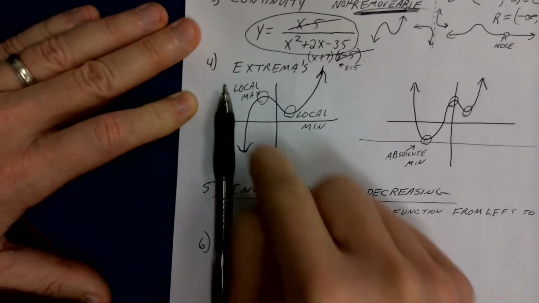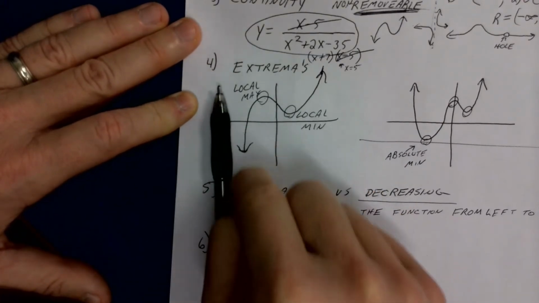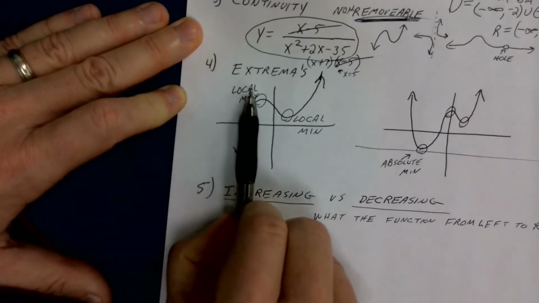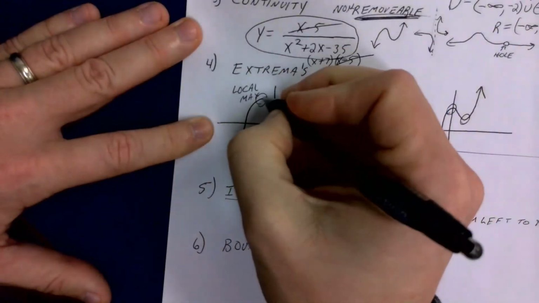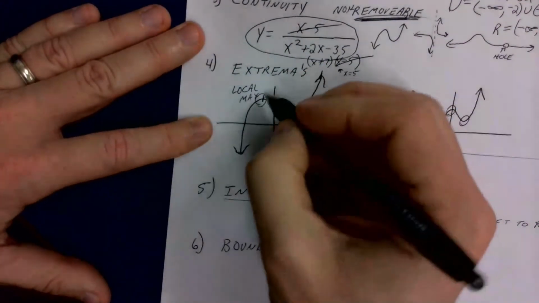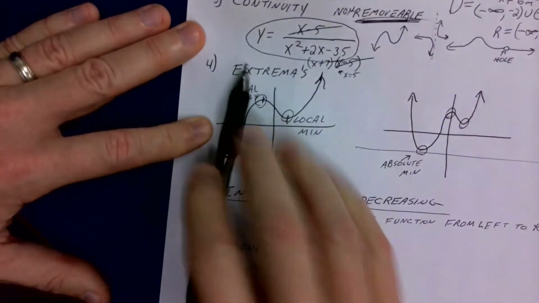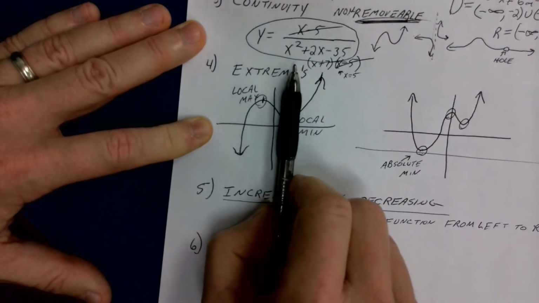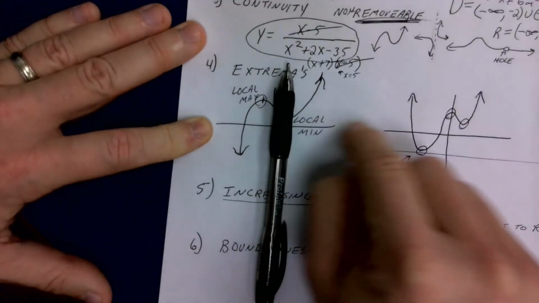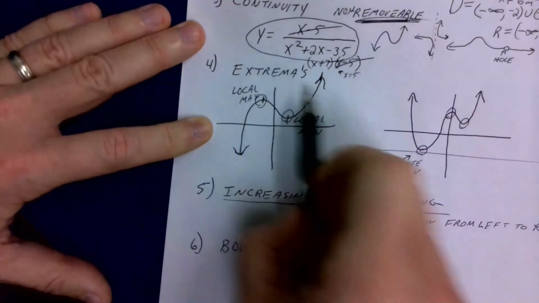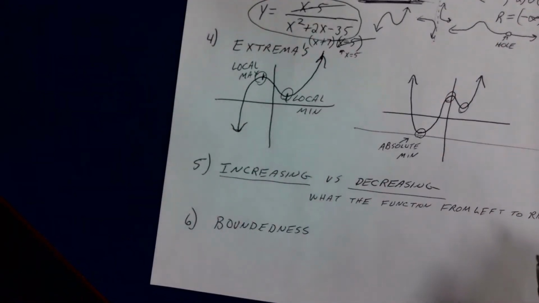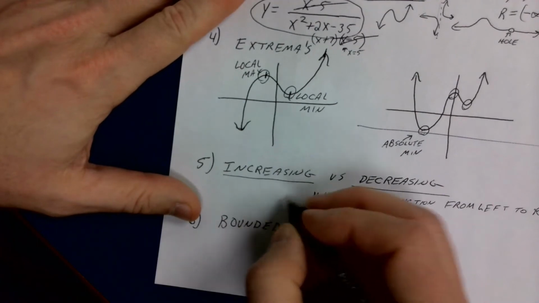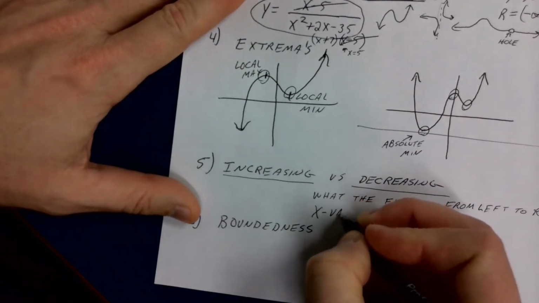So I know the function looks like it's going down right here. That doesn't mean it's decreasing. As I'm moving from left to right, this function's actually getting bigger, and it's increasing until it hits this point right here. And then from this point right here to this point right here, you can see from left to right, it's decreasing. And then from this point right here, all the way to the right, it's increasing. So when we're talking about increasing or decreasing, we're talking about the x values